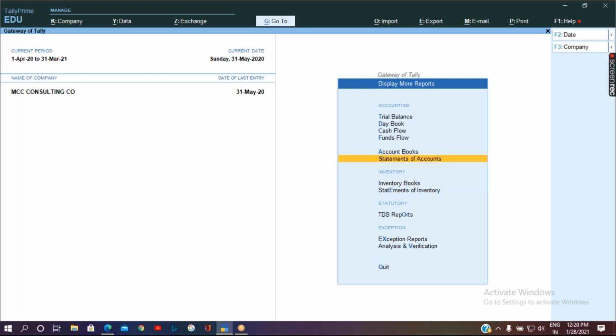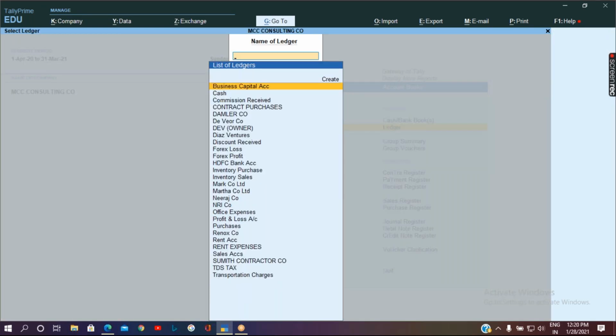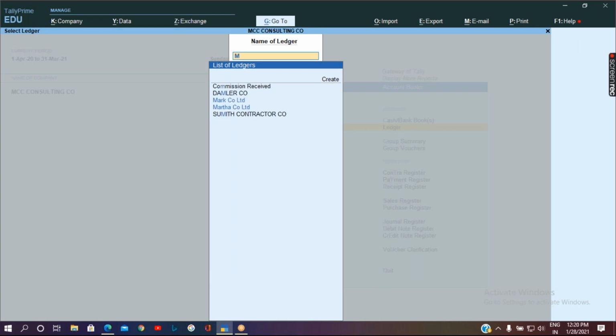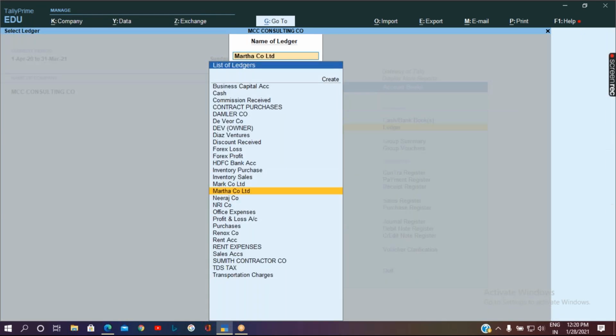Now we can check it in our account books. It will be showing ledger wise. We shall go to that party ledger. The transactions will be showing over here now, what transactions we have passed using the Mata Company Limited, by using the accounting information.